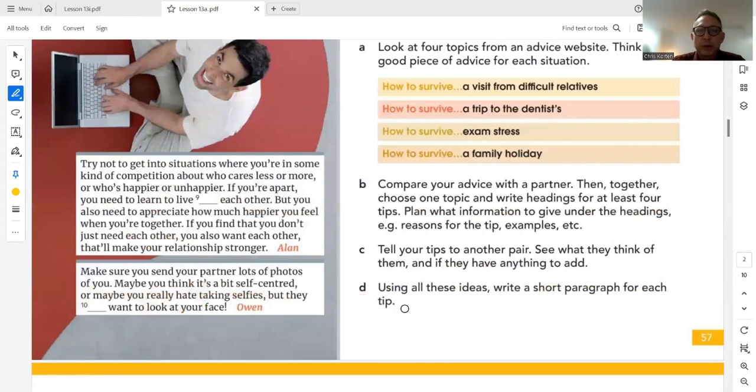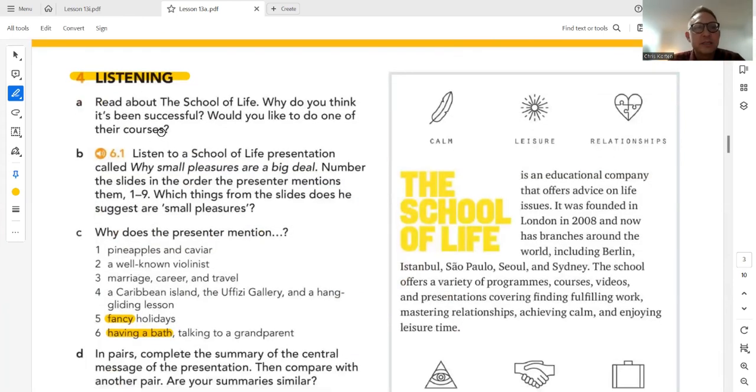All right, when we move forward, we're not doing writing. So here we have listening. Listening obviously is done with the listening or audio files, but I just want to make a few notes here about fancy. Fancy is a British term. Do you fancy going on holiday? In America, they would say, would you like to go? But in England, they'd say, do you fancy going? But this is not what fancy is used as here; it's an adjective. So we have fancy dress party. It's fancy dress, meaning very formal or formal dress. And so fancy holidays are expensive ones where you have a different, more elegant type of clothing that you